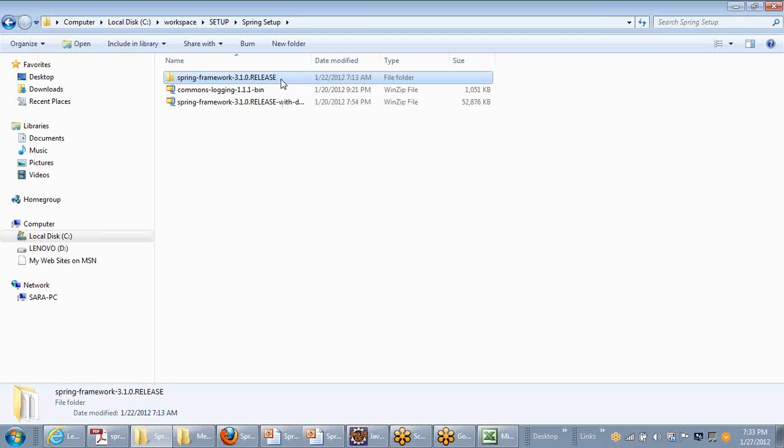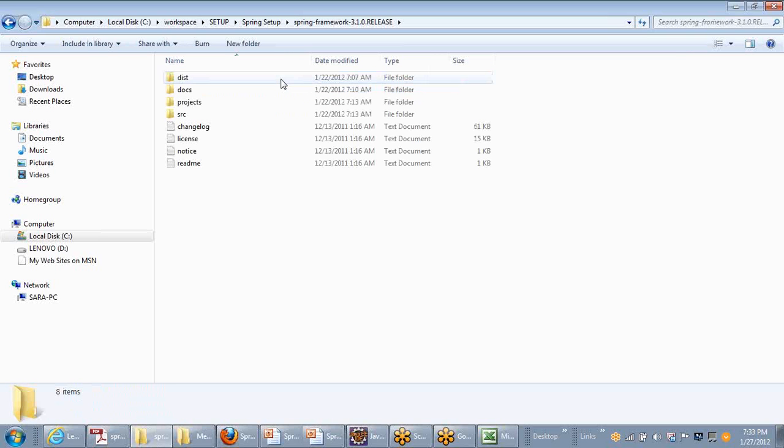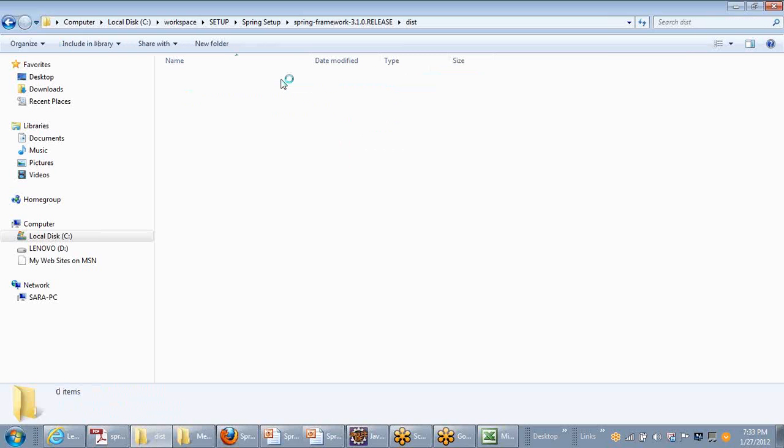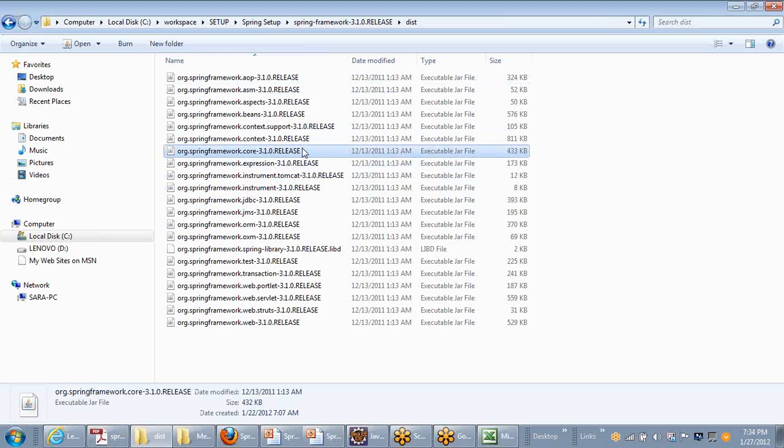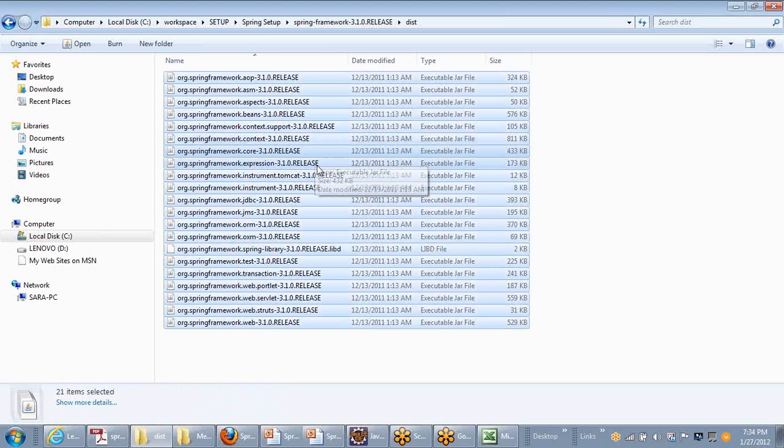Once you get this, just go to the dist directory where you will have all the jars. For doing the sample, you don't need all the jars, but each module jar is independent. If you look here, you might need only core, but go ahead and copy these jars, and don't copy this libs. Copy these jars